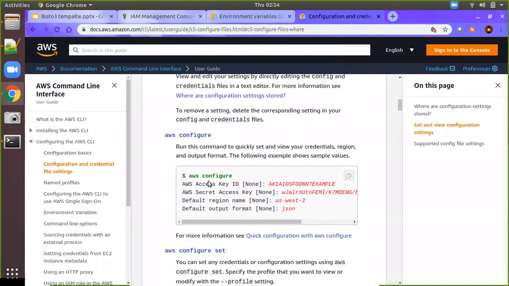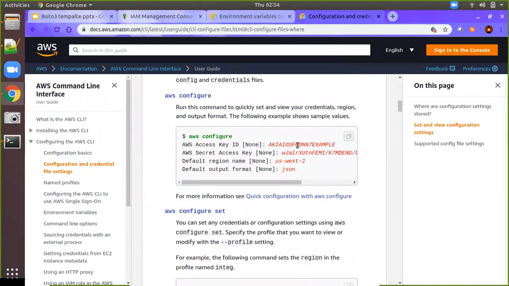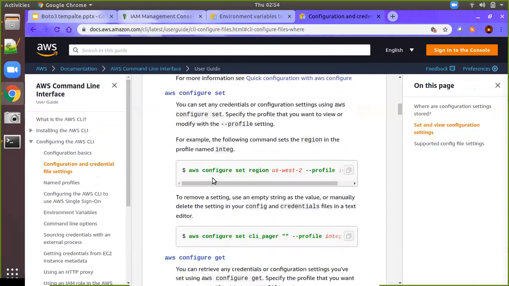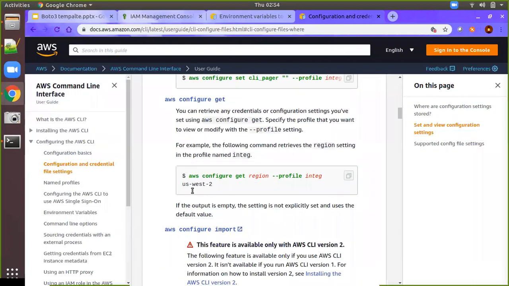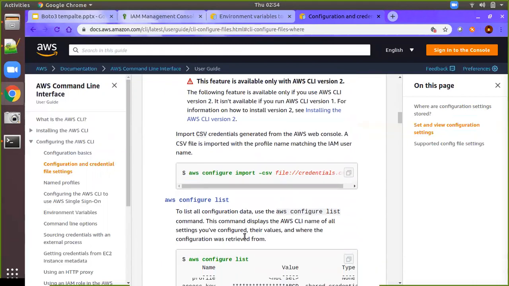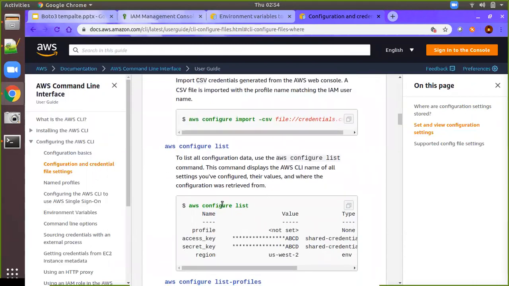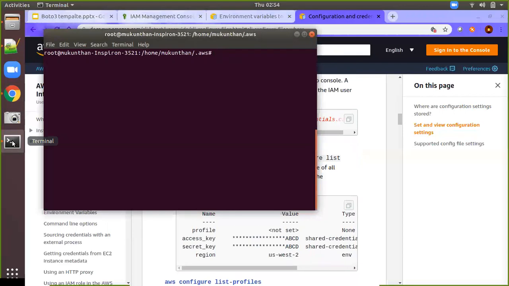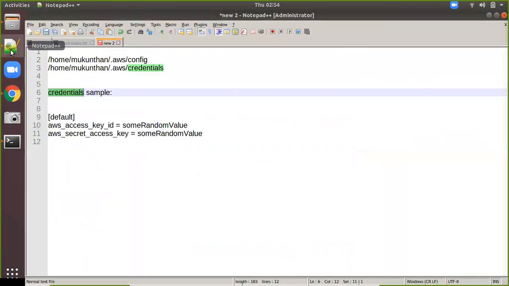Here you can see the command I used, aws configure, then you give these things, and the default format will be JSON, and you can give the default region. So these are the different things you can do, along with other options as well. If you want to see the configuration, you can use aws configure get, or you can use aws configure list. It will show everything, but just what we have configured here. So we will go to the root user. Where you will find this information is, you can go here.